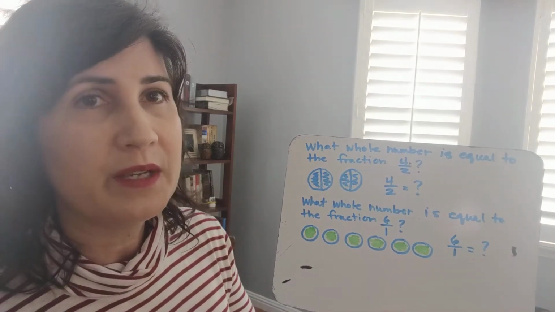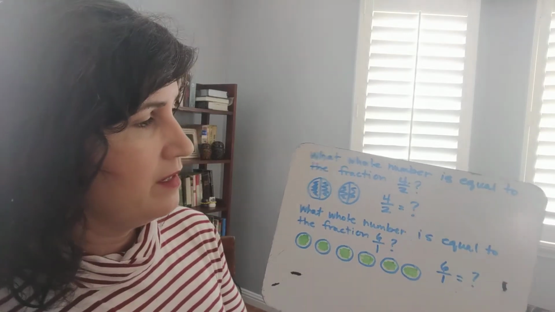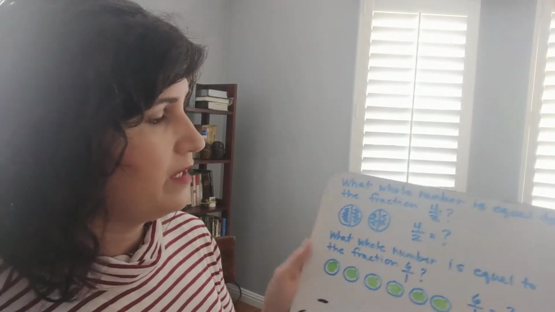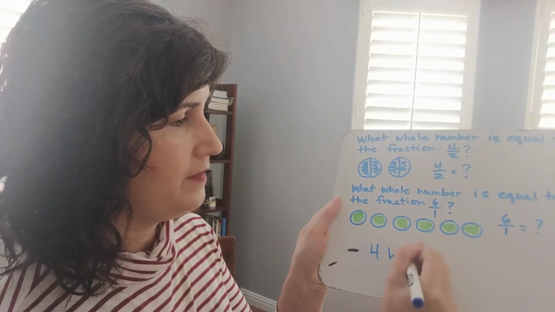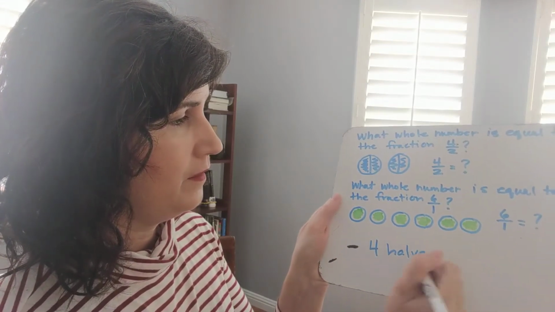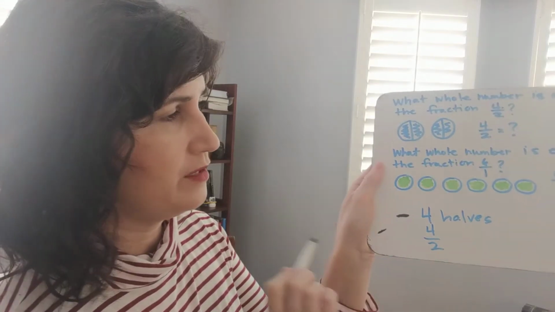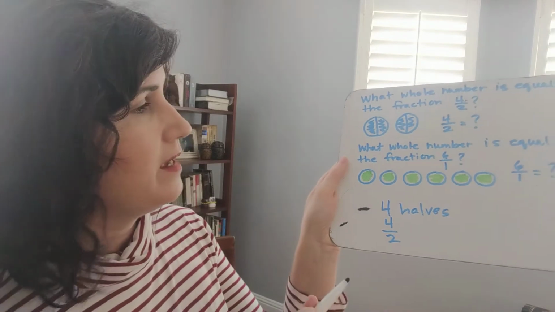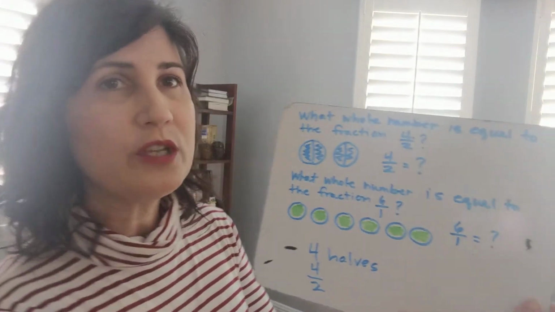4 over 2, we haven't talked about this a lot, is 4 halves, and you can write it different ways. You could say 4 halves. You could say 4 over 2. You could say 4 halves this way. You can write it this way. So there's many ways that you can write it and say it. All right, so looking at this,